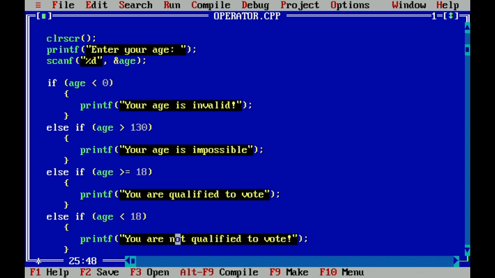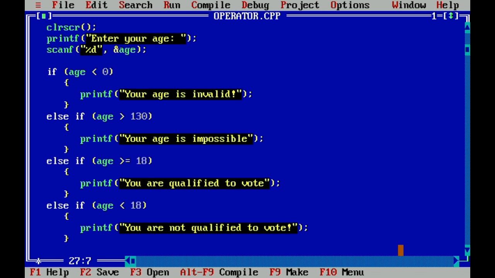While if you are less than 18, you are not qualified to vote. Okay, so in my statement here, I did not include an else statement like in our syntax. Like I said, the last else statement is actually optional. You can have it or you cannot have it. It won't affect the syntax of your if else statements.